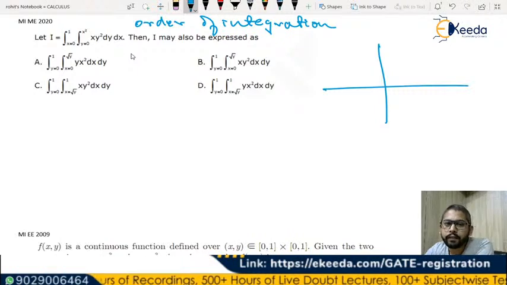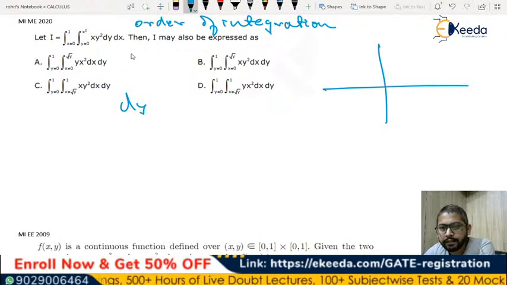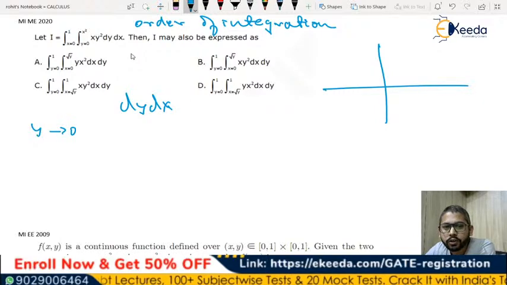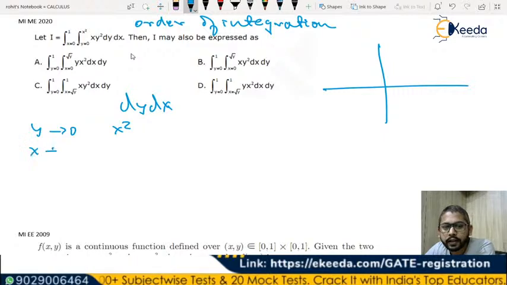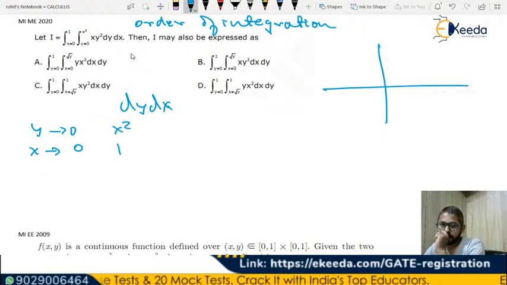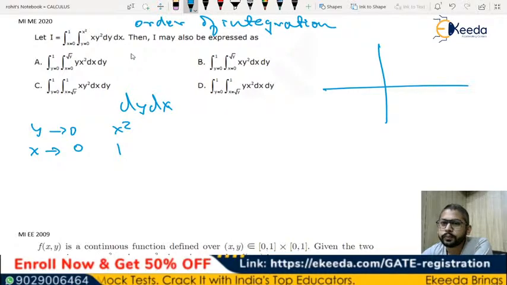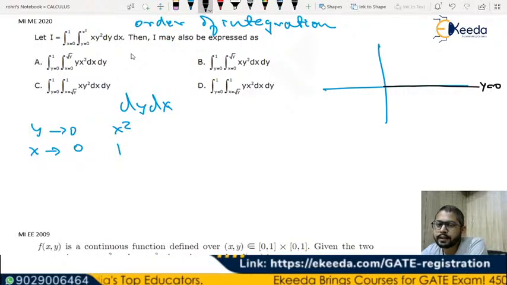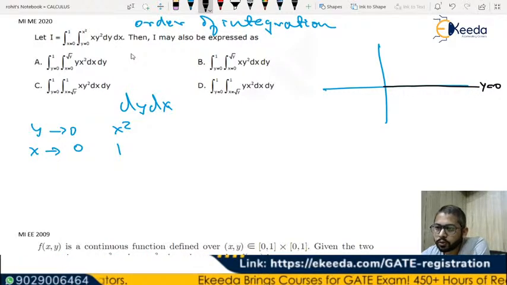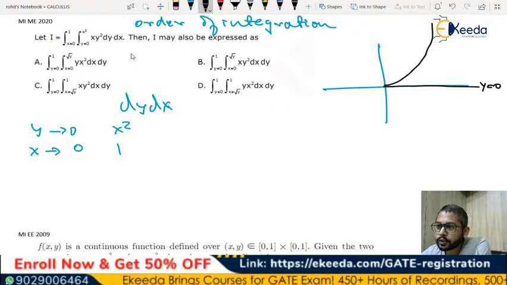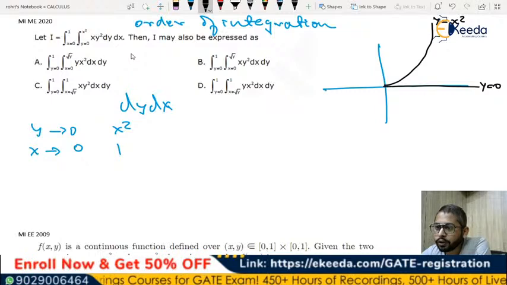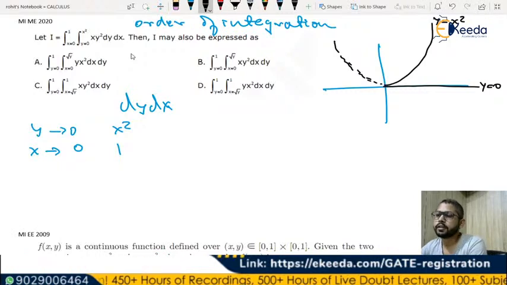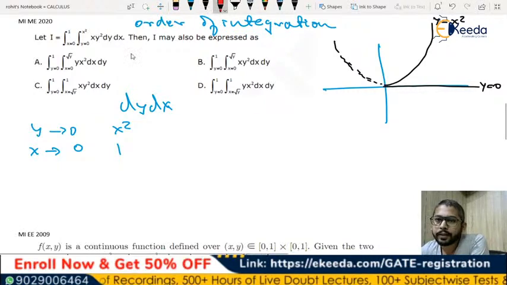If you see the limits of y, the order of integration is dy dx in the question given, and the limits of y is from 0 to x square, and the limits for x is given from 0 to 1, right? So it is y equal to 0. What is y equal to 0? This line is y equal to 0. The second line is y equal to x square. So maybe this is y equal to x square, right? Although this must extend this side also, it is of no use for us as of now. So this is y equal to x square, and then the limits of x,